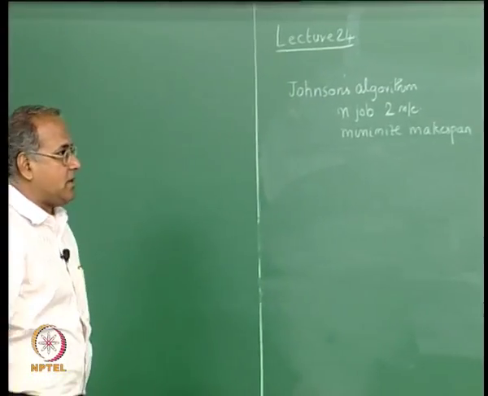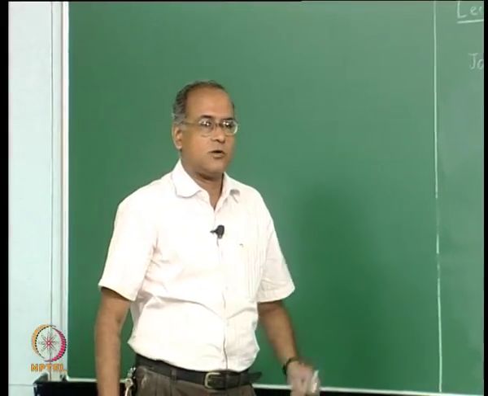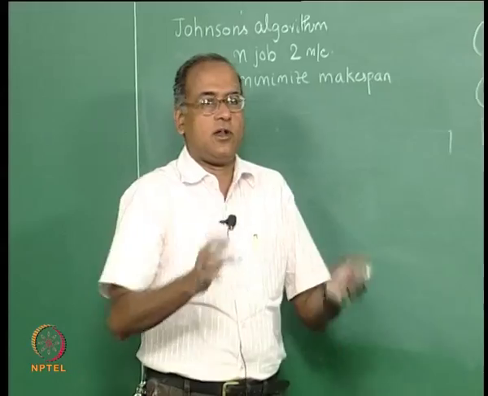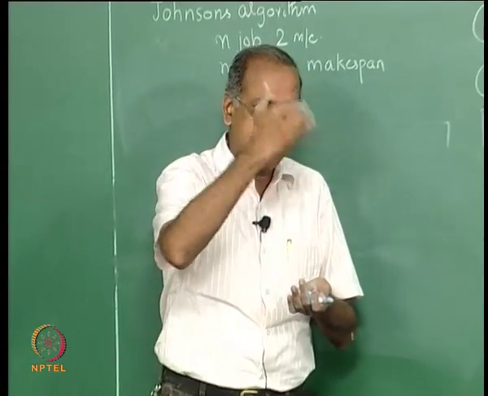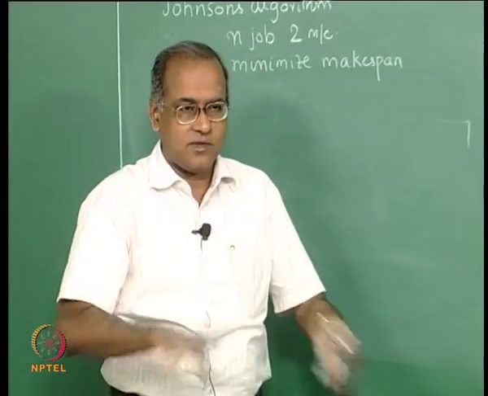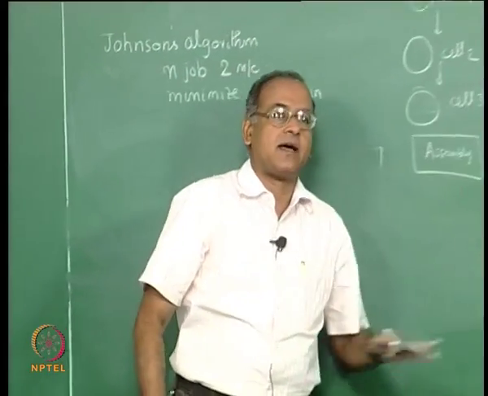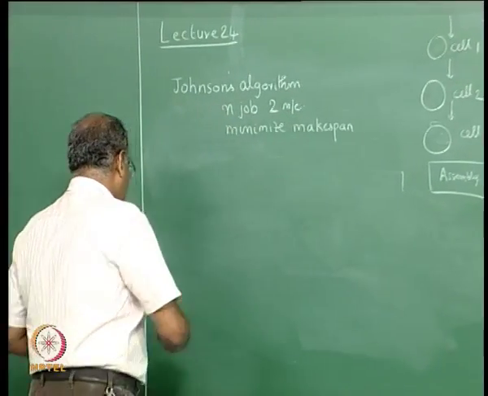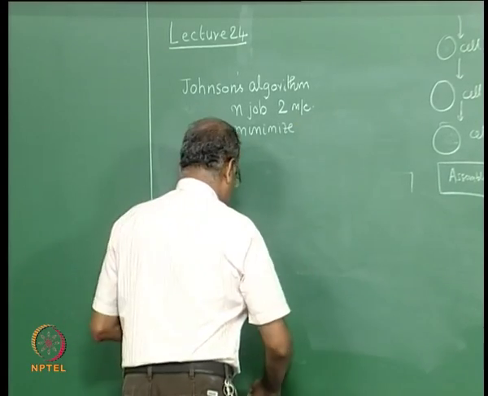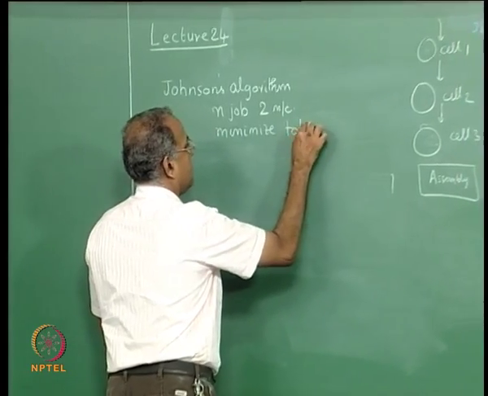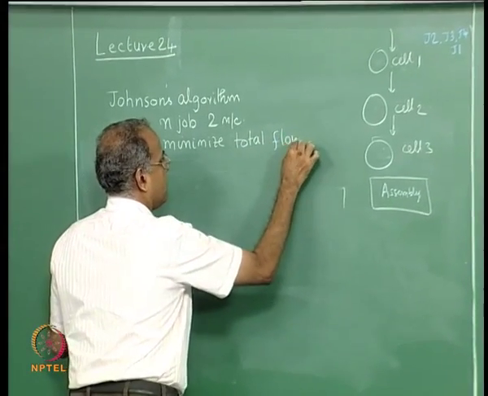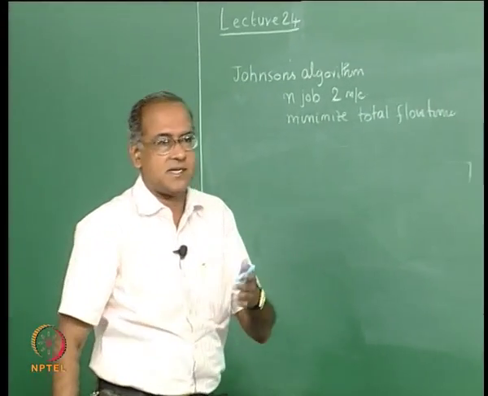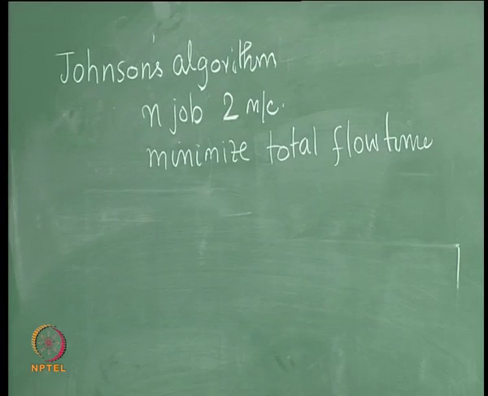So, while the Campbell, Dudek and Smith heuristic would help us to minimize the Makespan, which is under the assumption that all these 4 are actually 4 parts which have to be processed on 3 cells sequentially and come to the assembly, 44 or the Makespan is the time at which the assembly can start its work. Now, if we want to look at other objectives of minimizing total flow time, which means the time taken by all these parts in the system,